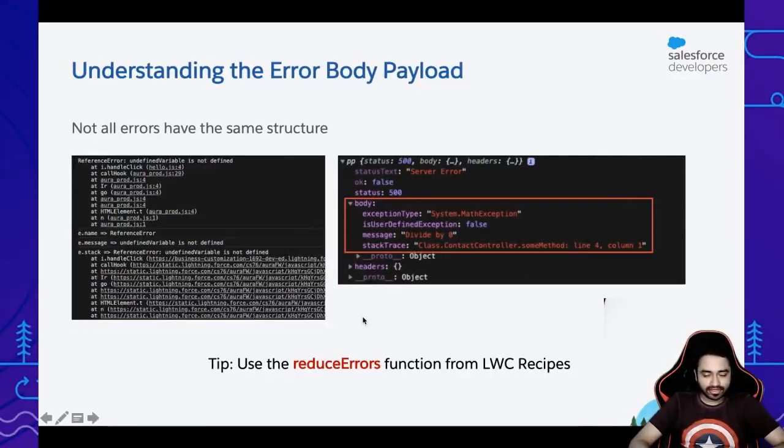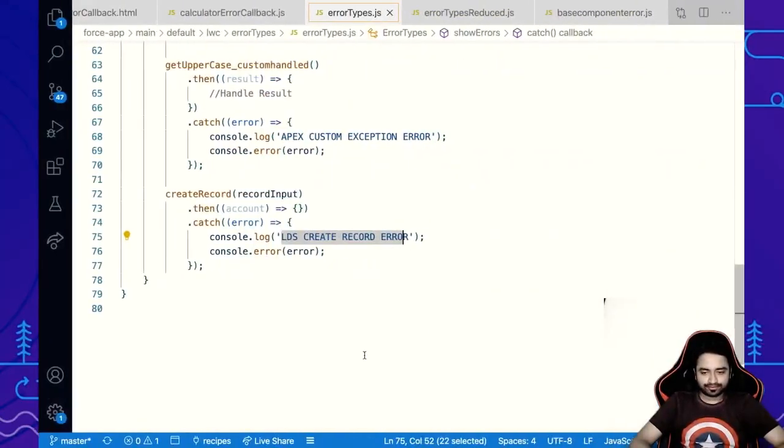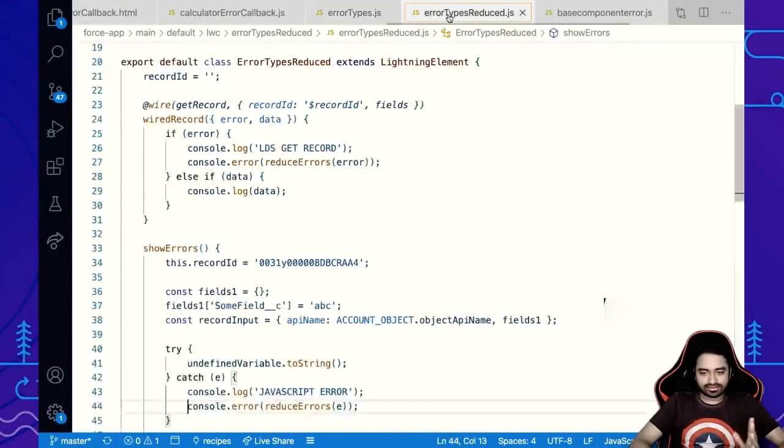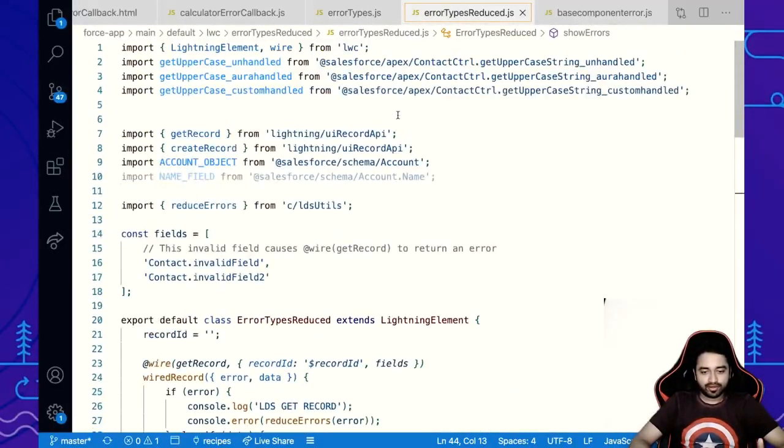But our tip is, you can use the reduce errors function from Lightning Web Component recipes. Within recipes, we have this function that we have put, which is open source. You can just use that function, import it into your own web component, and then work with it. So let's see how to do that. This is the same exact component, which I call error types reduced, where I'm importing the reduce errors function from LDS utils.